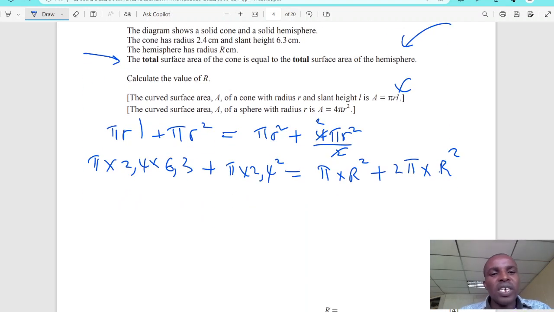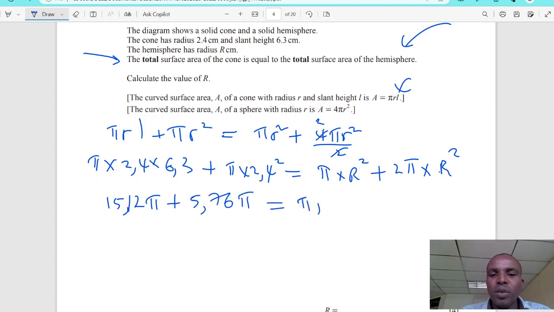Let's simplify this side. Pi is everywhere, so you can just divide by pi everywhere. Let's ignore pi and start by simplifying first. 2.4 times 6.3 is 15.12 pi, plus 2.4 squared, 5.76 pi, is equal to pi r squared plus 2 pi r squared. This can be simplified. 5.76 plus 15.12,